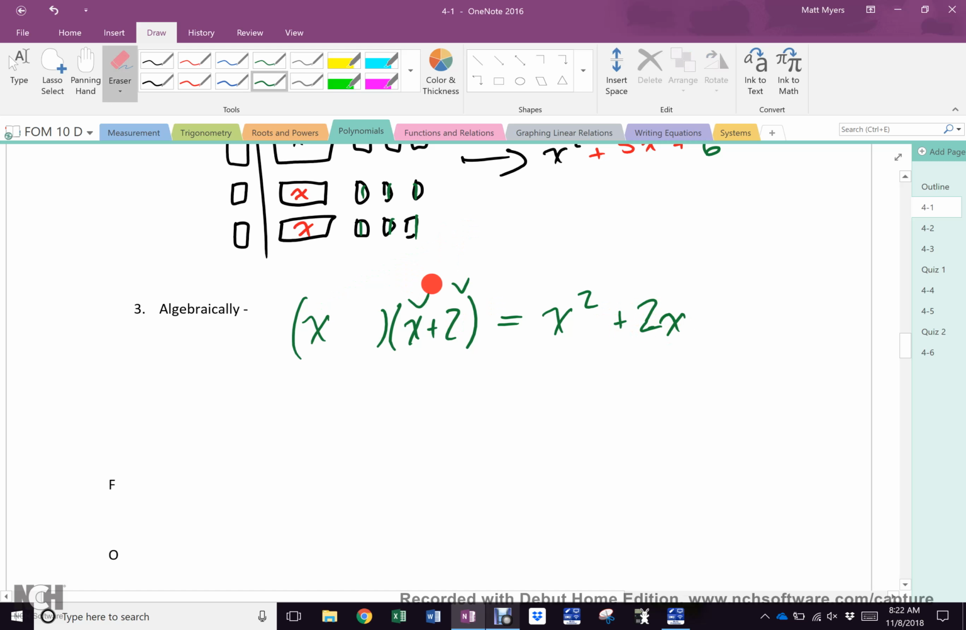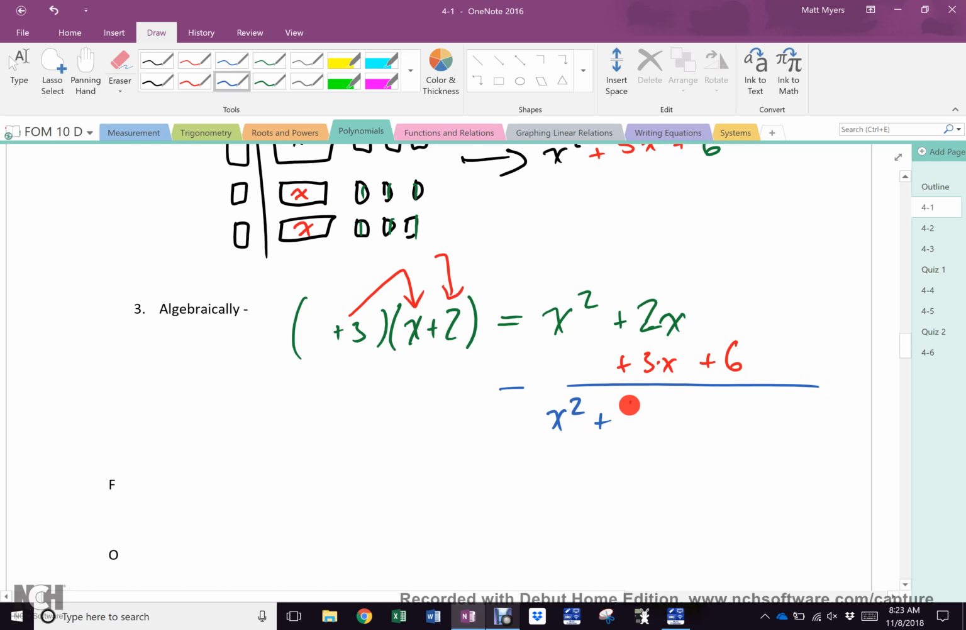Okay. Now, what if there was no x there? What would you do with that? Distribute. 3x. Hey, I've already got some x's. I'm going to put them together because they're like terms. 3 times 2 is 6. And then I can add them up. X squared plus 2 plus 3, 5x plus 6. Right? It's exactly what we did before, except I had to do it twice,